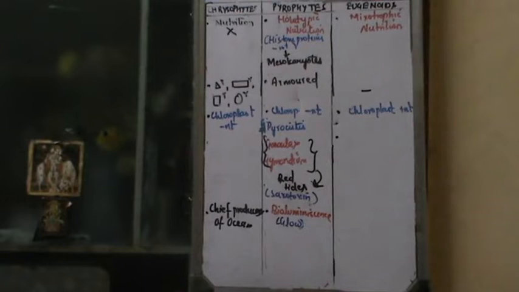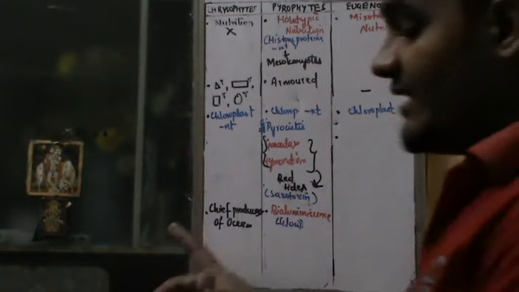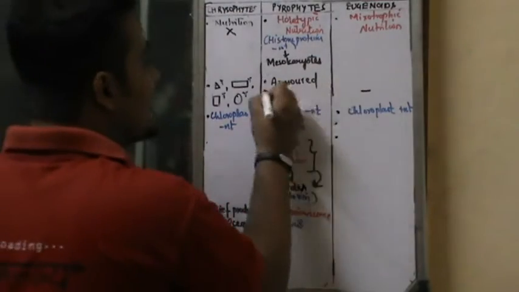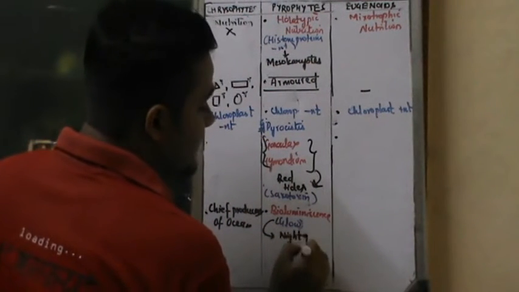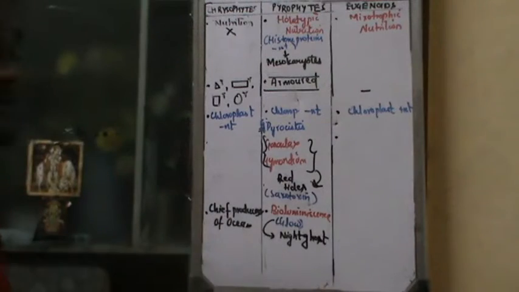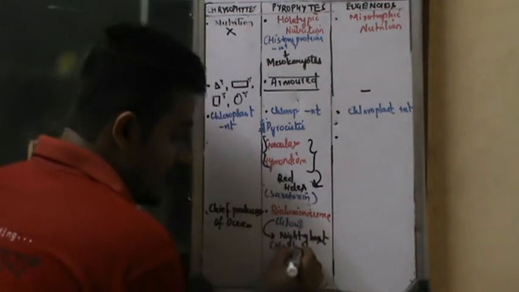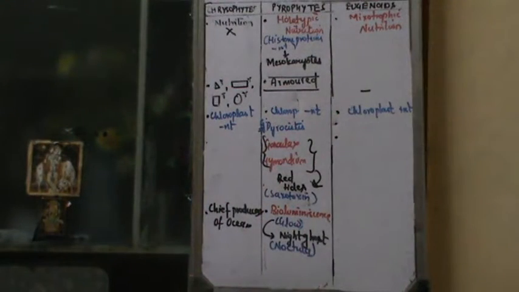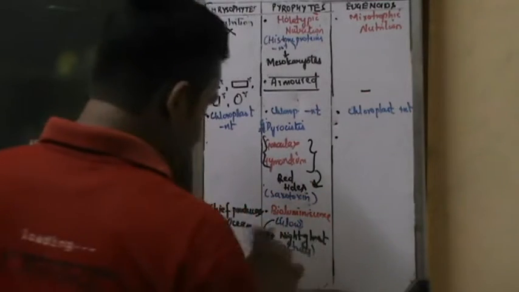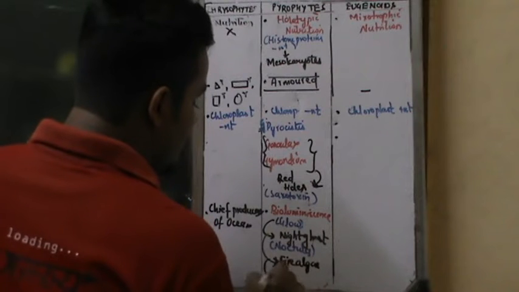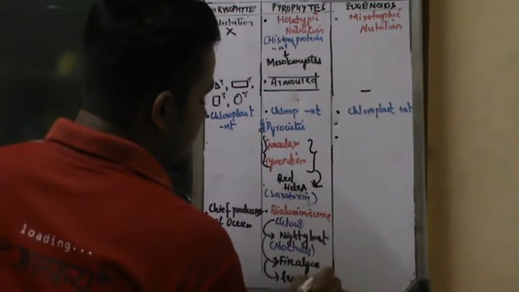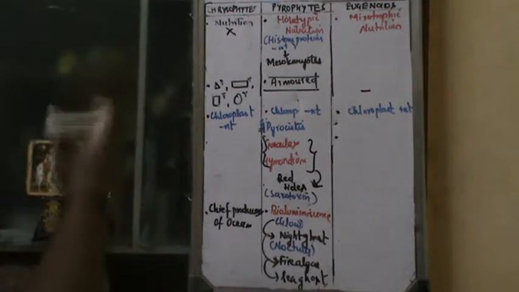Pyrophytes show a particular property of glowing in the night or in the dark, and that's the reason, along with the name armored algae, they are also called night ghost. That is very important, this is a question. An example is Noctiluca. NCERT example, Noctiluca is called night ghost, which belongs to the group pyrophytes. Noctiluca: sea ghost, night ghost, or night light, fire algae. It is also called fire algae because of this property. It is called fire algae, night ghost, or sea ghost. So it's going to be very important. Those are the names of Noctiluca that belong to the pyrophytes group.